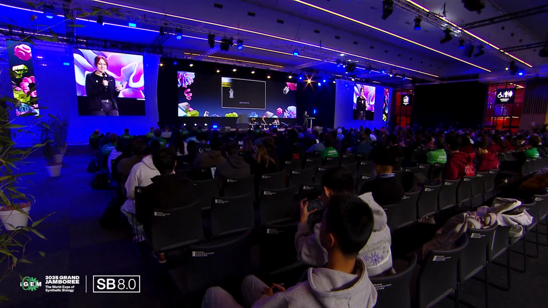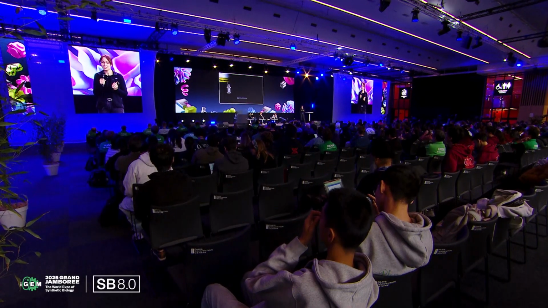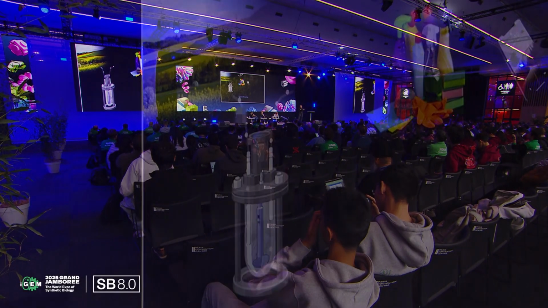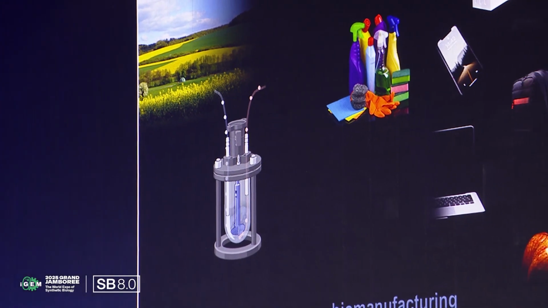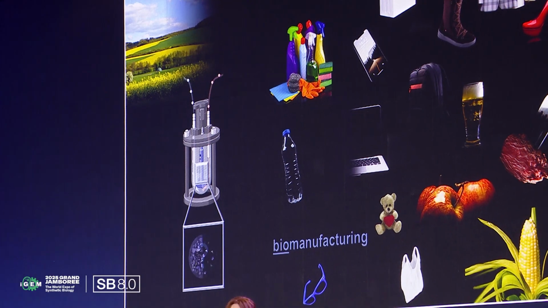We need a bioreactor. We can grow biomass, and if we grow biomass, we can then process that biomass into all the chemicals that our economy needs. So if we grow feedstock, and we grow it wherever it wants to grow, so native feedstocks in every part of the world, we can process that into chemicals.